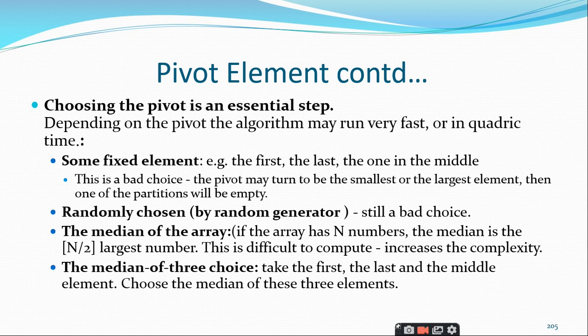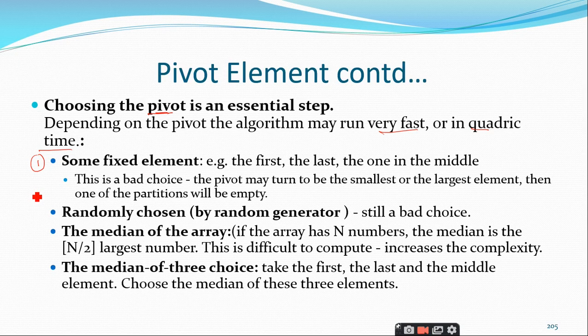As we told, the selection of pivot plays an important role in finding the efficiency of the algorithm. It may run very fast or it may run in quadratic time. That all depends on the selection of the pivot. Some of the strategies that are used to select the pivot element: the first one is you can take